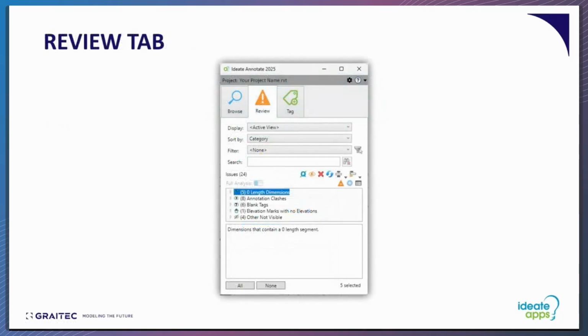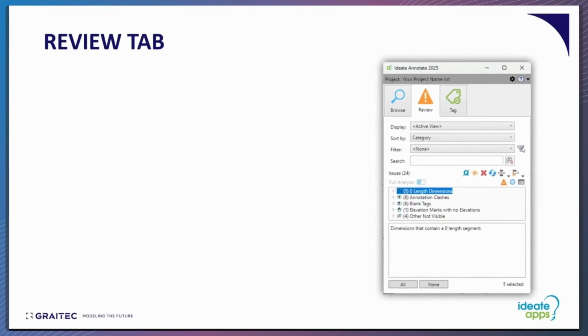In this example, you can see that we have an assortment of issues that it's finding. It lists the number of them, how many there are. And this analysis panel is expandable. So you can click on those little triangle symbols and they will expand the findings and provide further details in the panel below. The range of issues that the Ideate tool can identify is impressive,